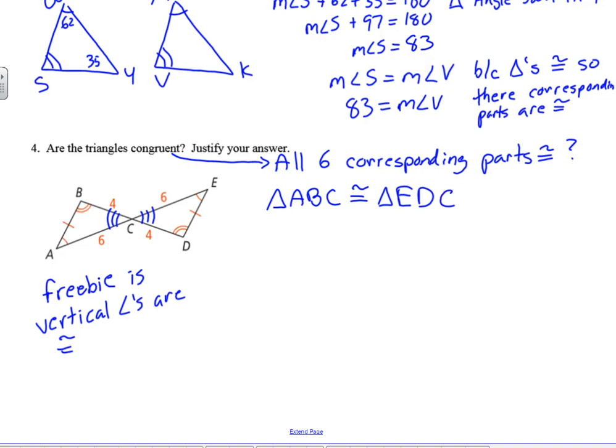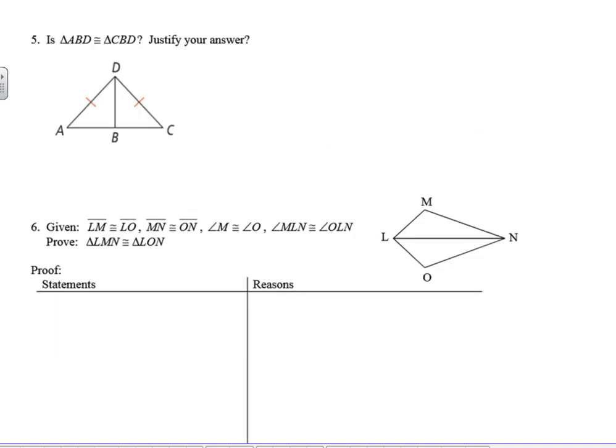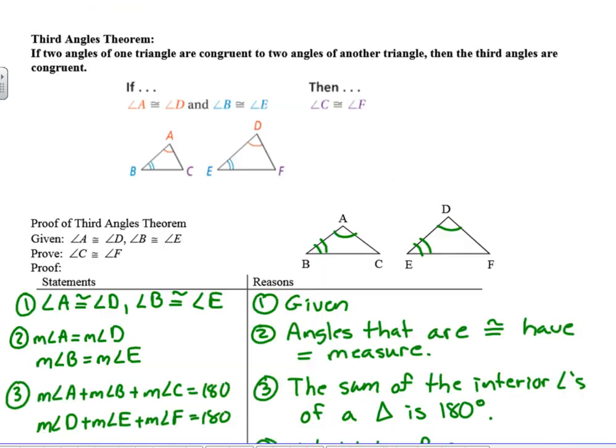So triangle ABC is congruent to triangle EDC because all 6 corresponding parts are congruent. Okay, all the angles are and all the sides are. Now we could get more into detail about measure and congruence, and at this point we're just trying to get the big idea of this. Okay, so before we do this one, I'm going to jump back now to the third angles theorem because I think we're going to need it